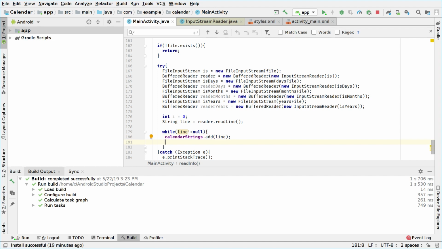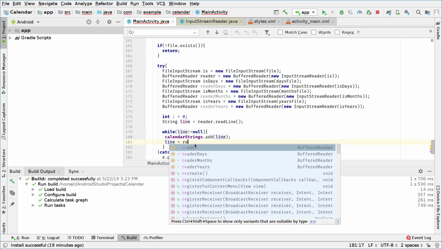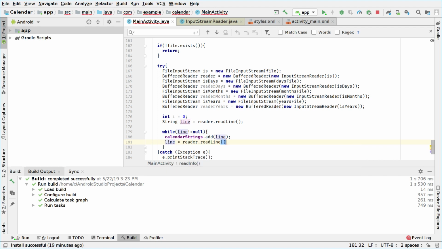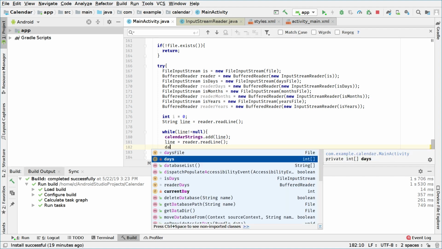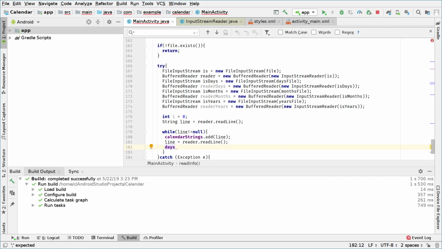Okay, and then we're gonna say again line equals reader.readLine for the next. We have to be prepared for the next loop. And of course, if the line is not null, then we can also read the days. So you can say days at I equals